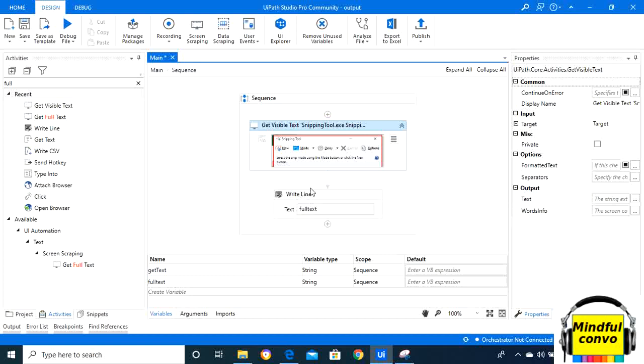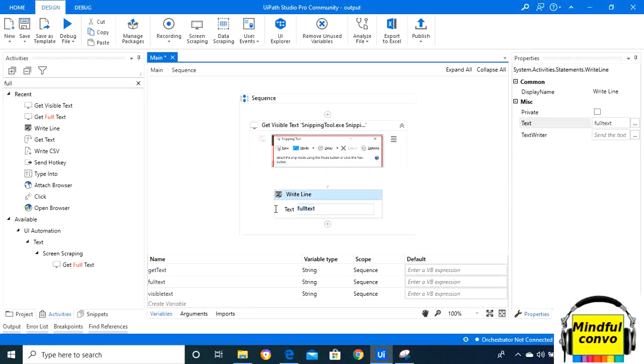Okay, now create the variable here, visible text, and mention it here.